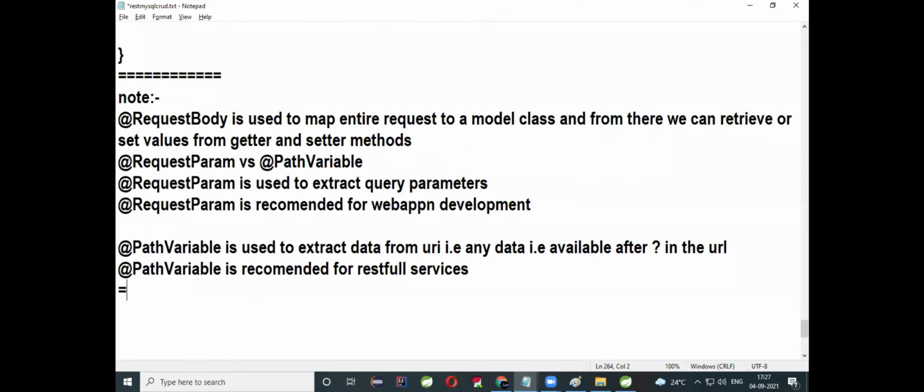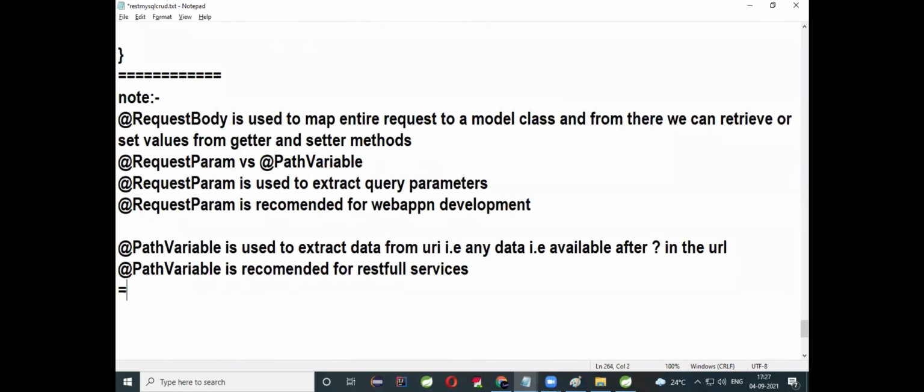Observe the selection: POST, API URL, here body raw, here this is your data, and this is your send button. Okay? Just click on send. So automatically you got the unsupported media type. What happened here?